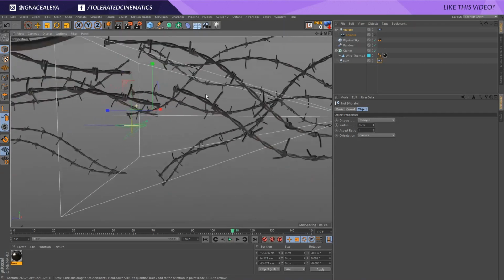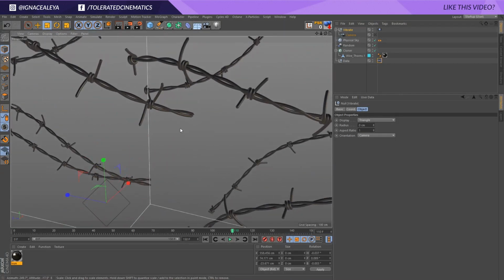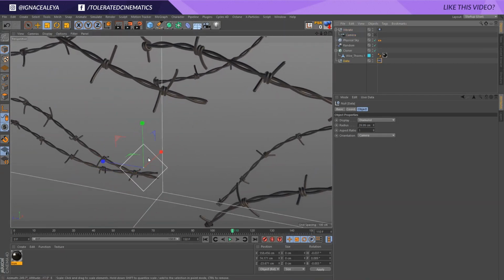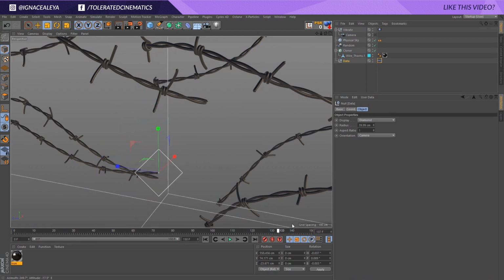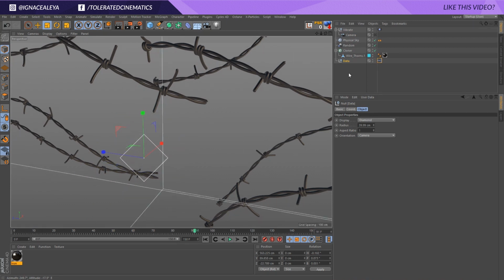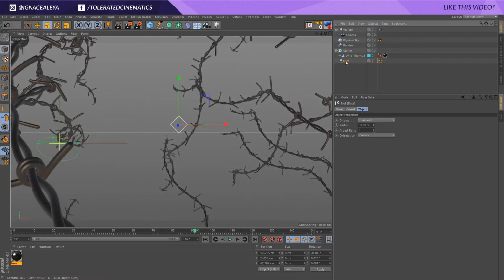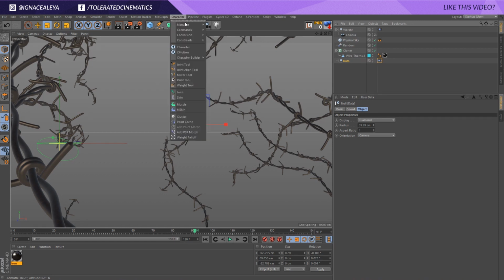And if we go out of our camera, we can see right here are two nulls. This is the vibrate, this is the data, they're in the exact same position and they move with each other. So that's what we need. Okay, we'll click on our data. This is the null where we didn't apply the vibrate, but it's looking at the information of the vibrate. We're going to click on the data, go into the character right here, go to the manager